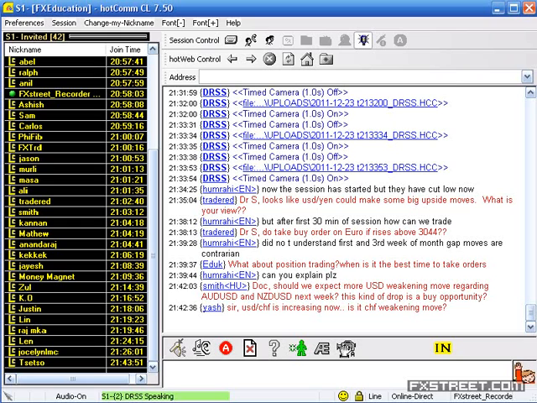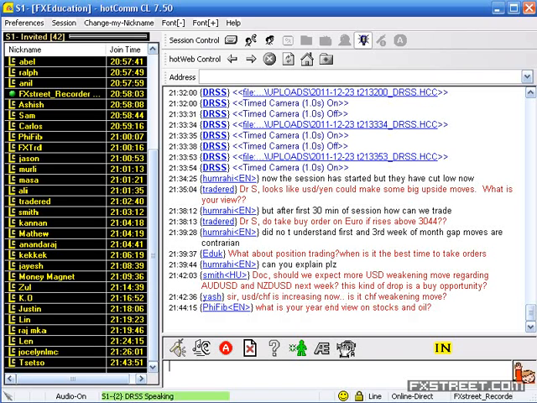Then what about position trading? When is the best time to take orders? So for position trades, normally you can do it during the second and third week of the month. The first week, it's a trend reversal. Either they suddenly gain and drop, or drop and gain. The reversal happens as